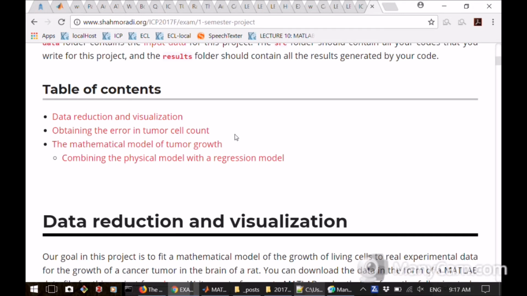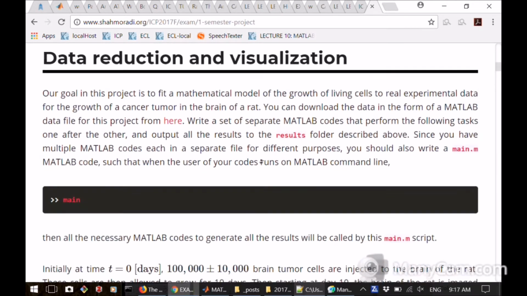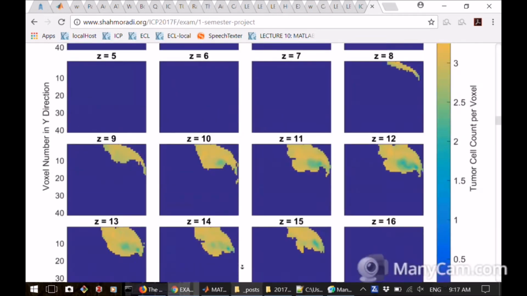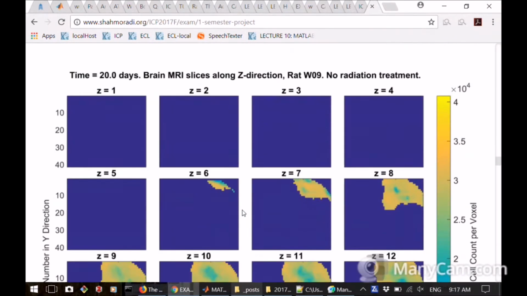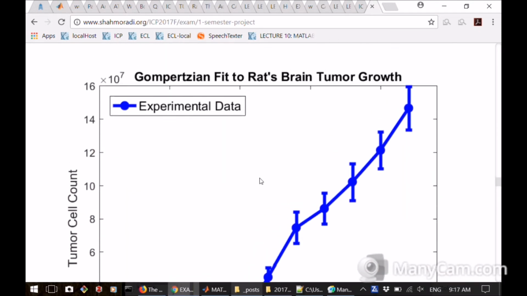Instead of having an object moving in the distance, now here we have a tumor in the brain of a rat. And the goal with this experiment is to figure out how the tumor grows in the brain of a rat, and then if we add chemotherapy or radiation for this tumor, how is it going to affect the growth of it? Okay, so